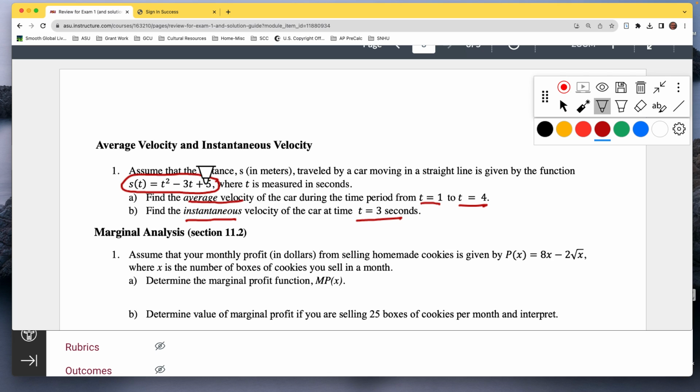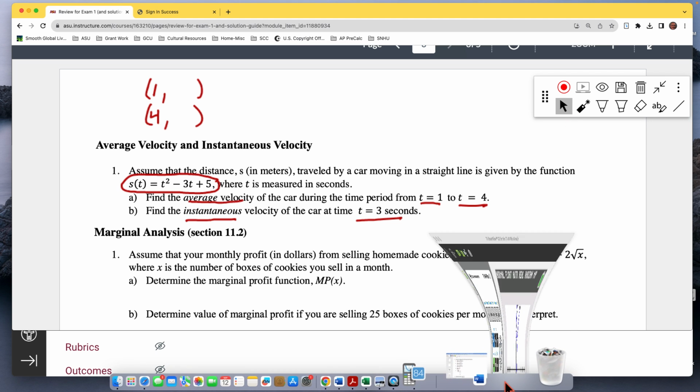Let me go ahead. So we've got this function. I'm going to put it in, and I'll show you how you can use the calculator. But remember, for average, we need 2 points. We need when x is 1, what is y? When x is 4, what is y? And then we can get that slope. So we could plug in 1 and we could plug in 4 and do it all that way, or we could